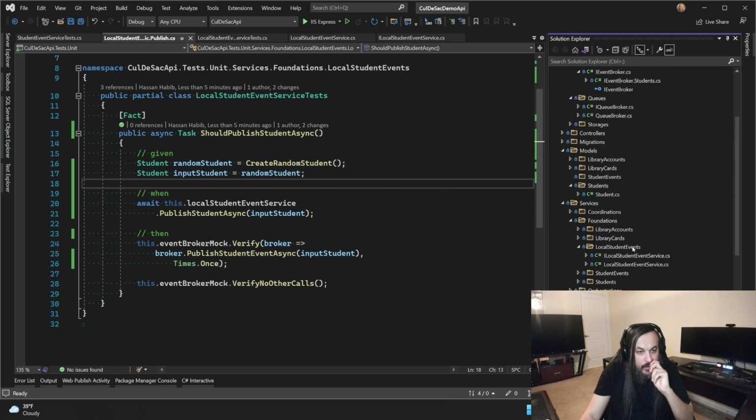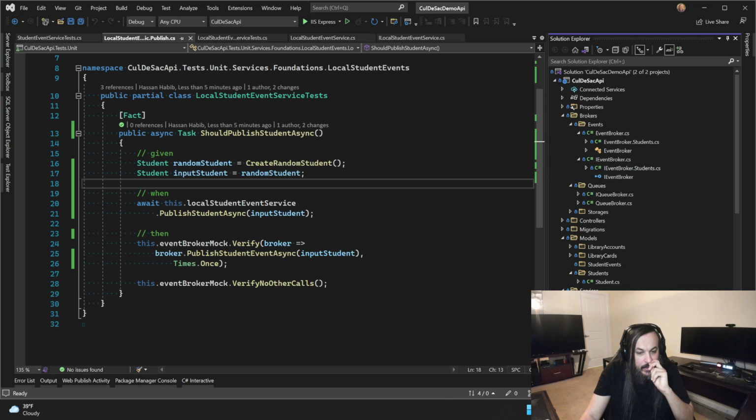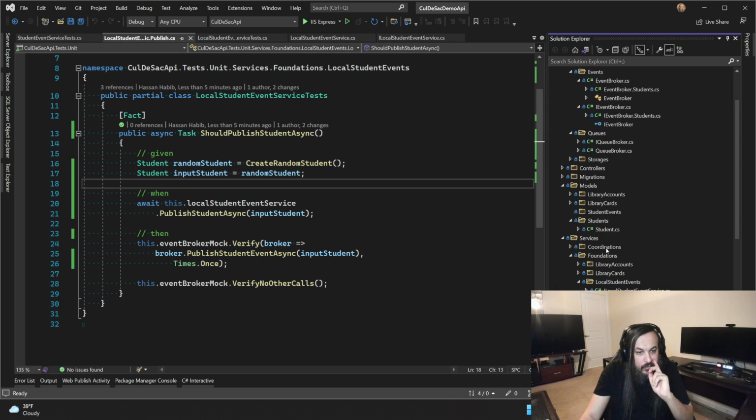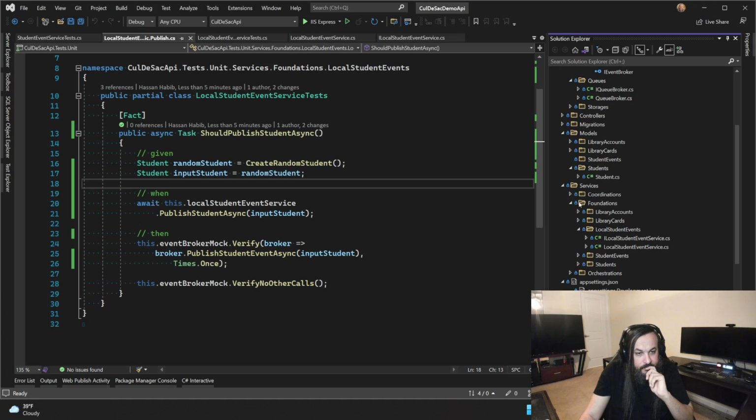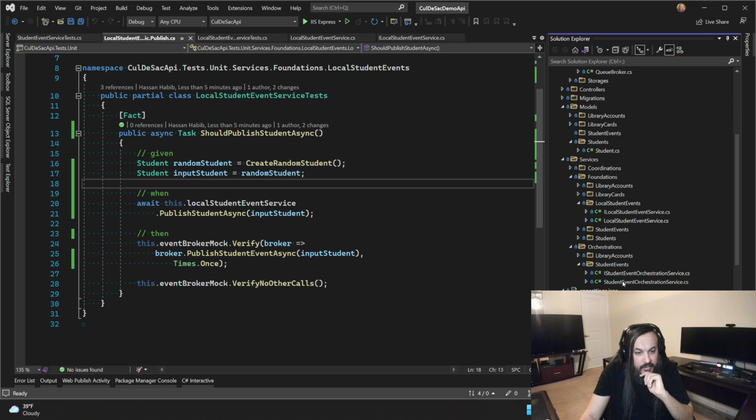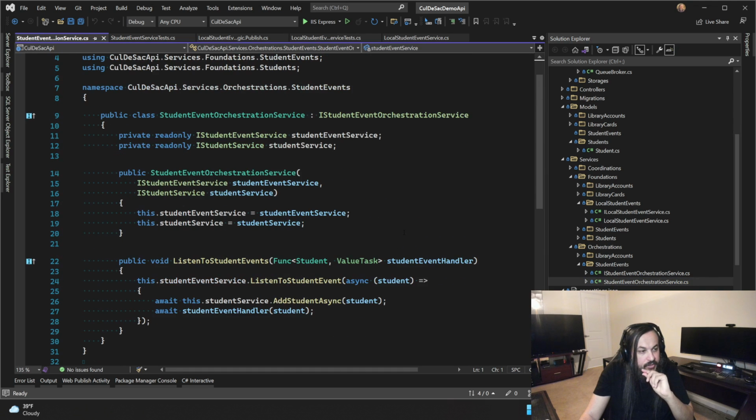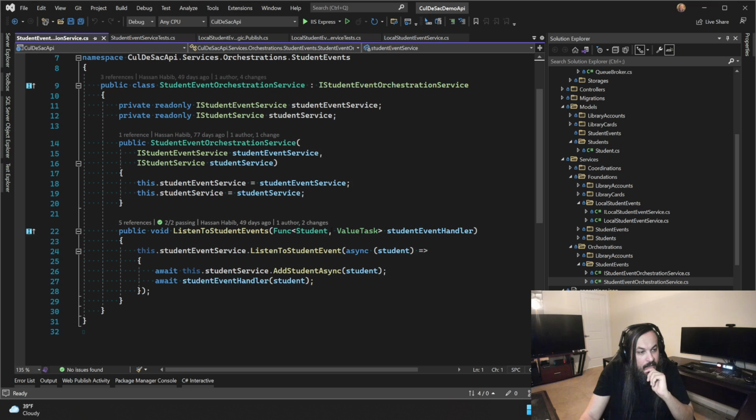Let's go back here, and you are at the orchestration level. Here's your orchestration service. This guy originally would go and listen to a student event, and then it would call add student event in addition to the event handler that is being passed in. We're going to kill that.